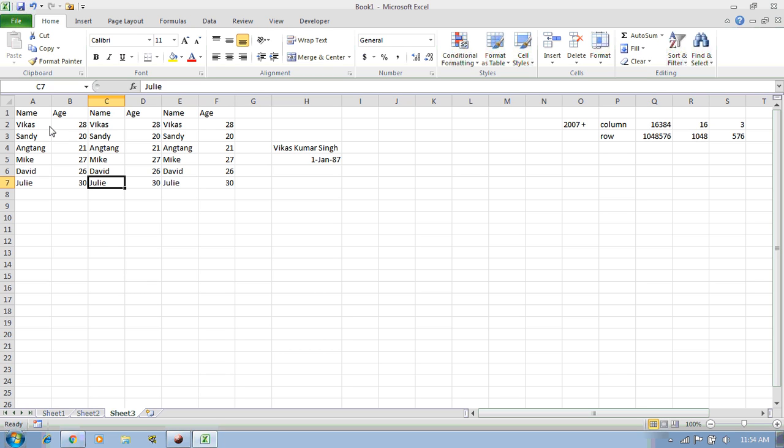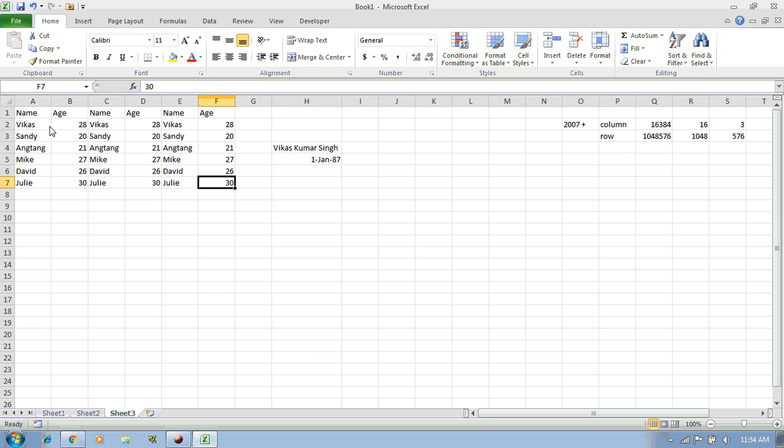Just for example, if I want to go to the right end of the column, I would press Control and the right arrow. You can see that I am at the end of the column, which is the F column.